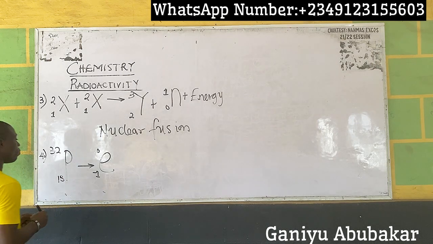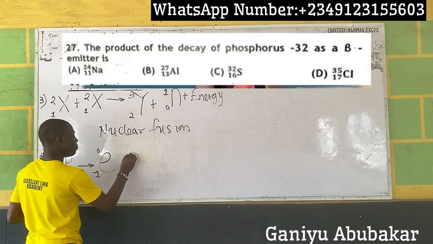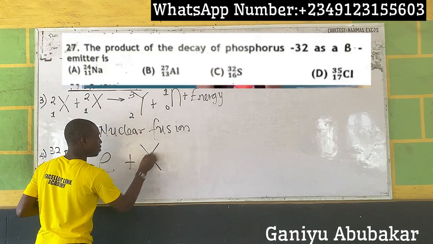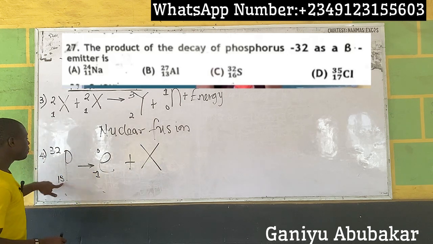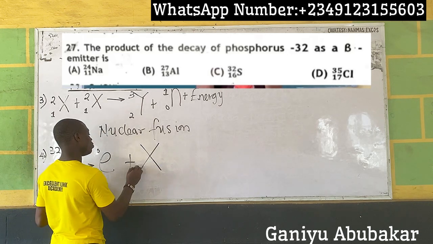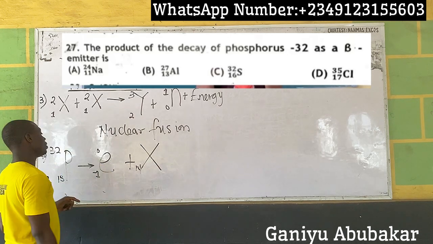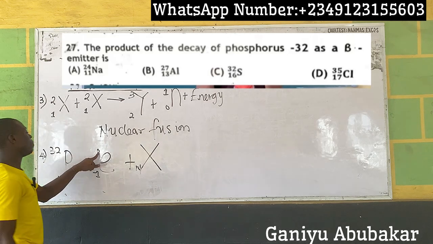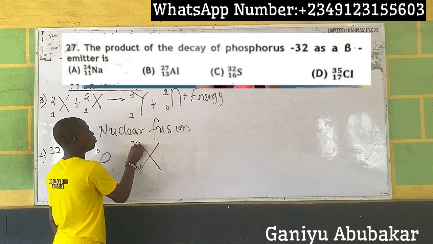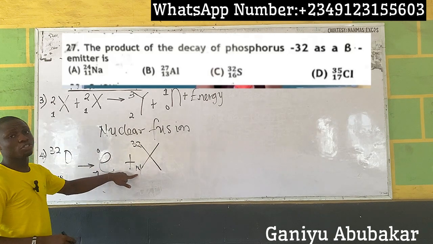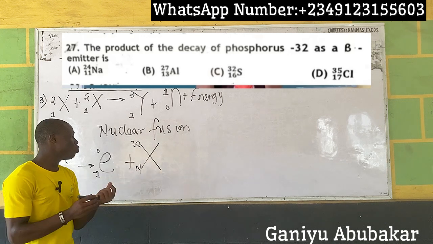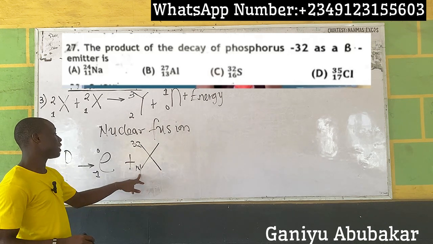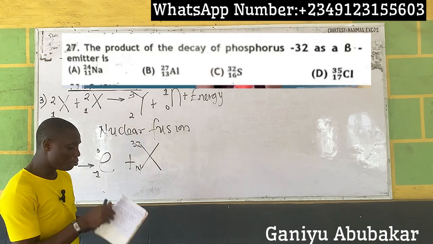So let's see what we'll get. Plus, let's say the element is X, for instance. Because 15 minus 1 gives you 14, and 32 minus 0 gives you 32. So check your options, 14 and 32. Which option fits 14 and 32? If I check my options here,